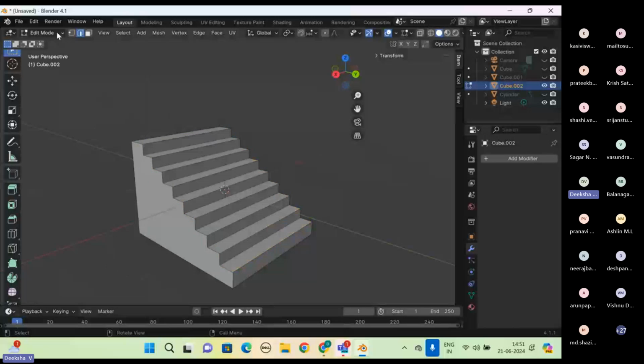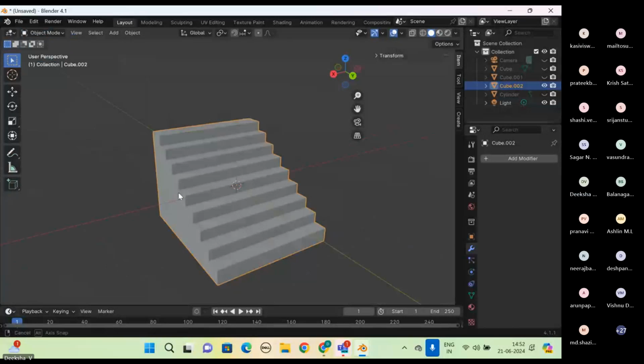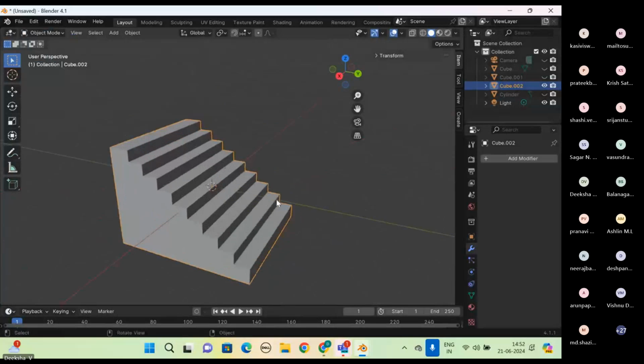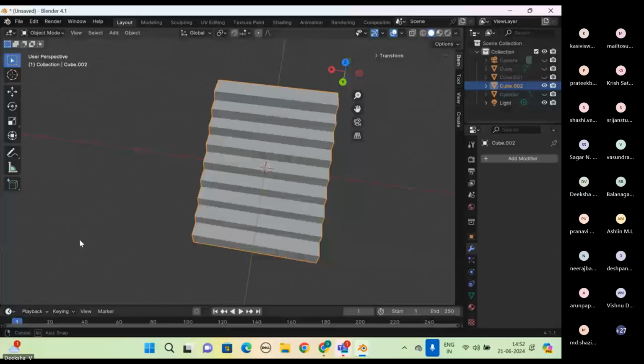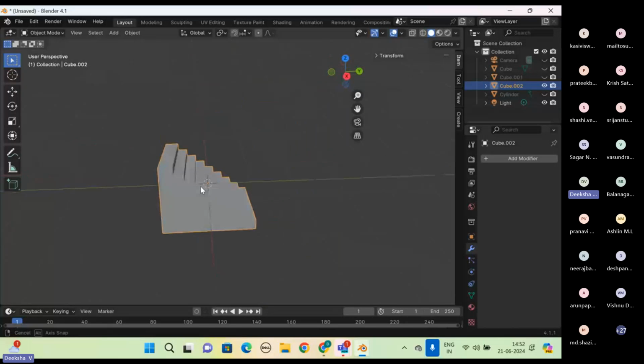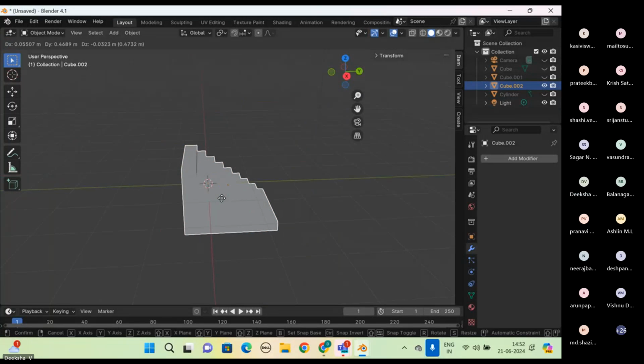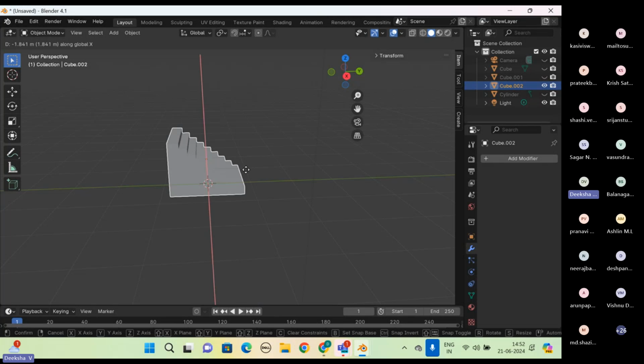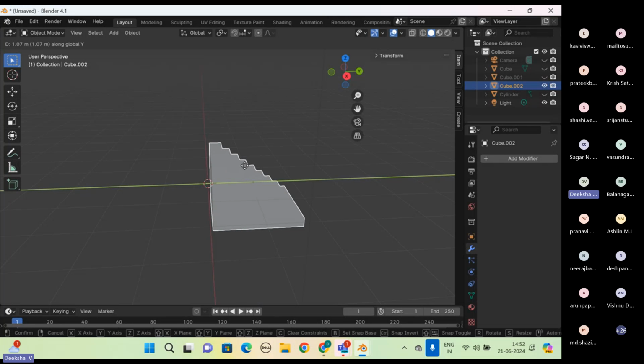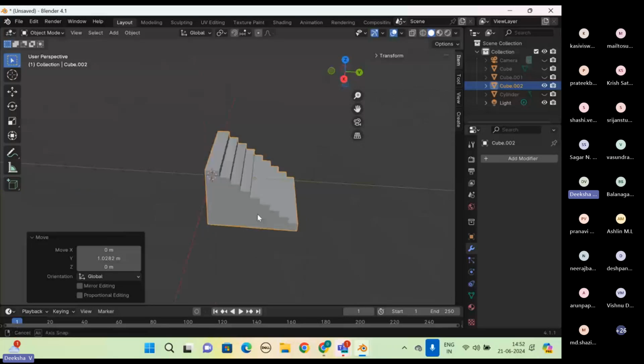And that is one option. And then, so this bevel modifier is also very useful. So let's say now let me move my stairs along y-axis here. And if I want to mirror this,